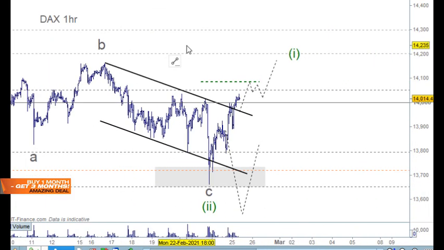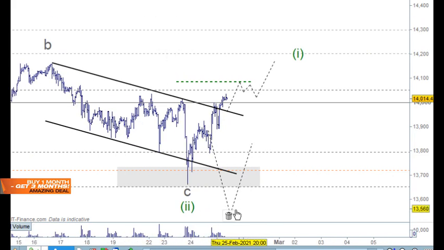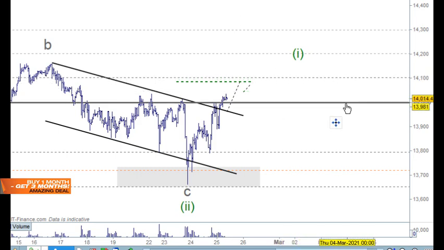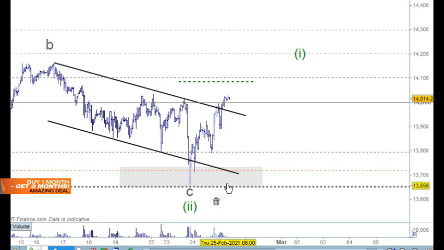Okay then, so just cruising into the 1 hour chart here, and just get a closer look at this. We don't need these. Going to put that level back up to 14,000, and then we've got group 1, which is 1, 2 and 3, which is important. So this move up through here,